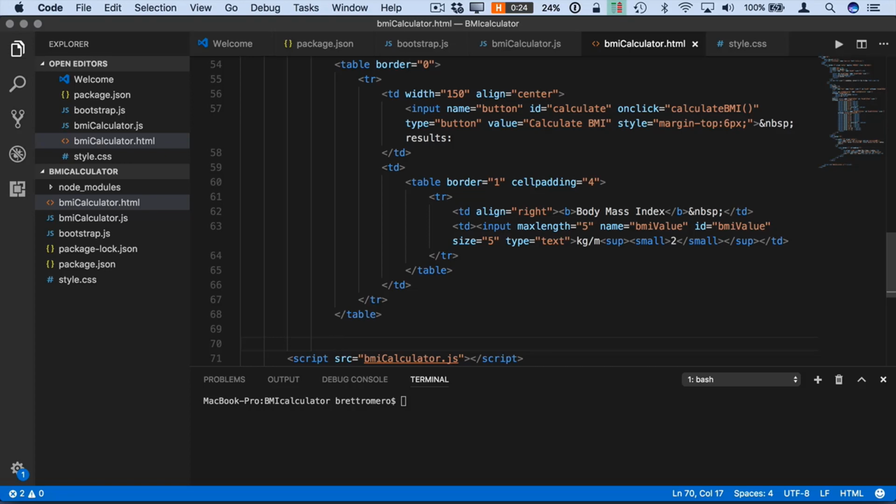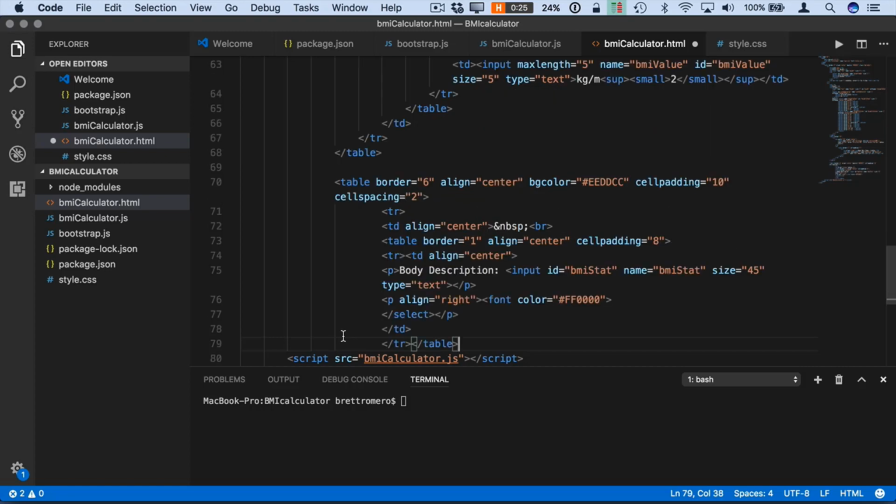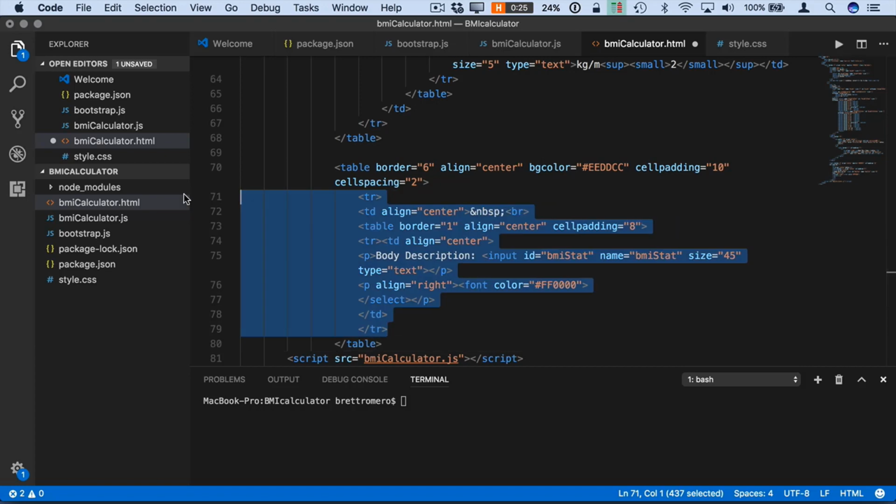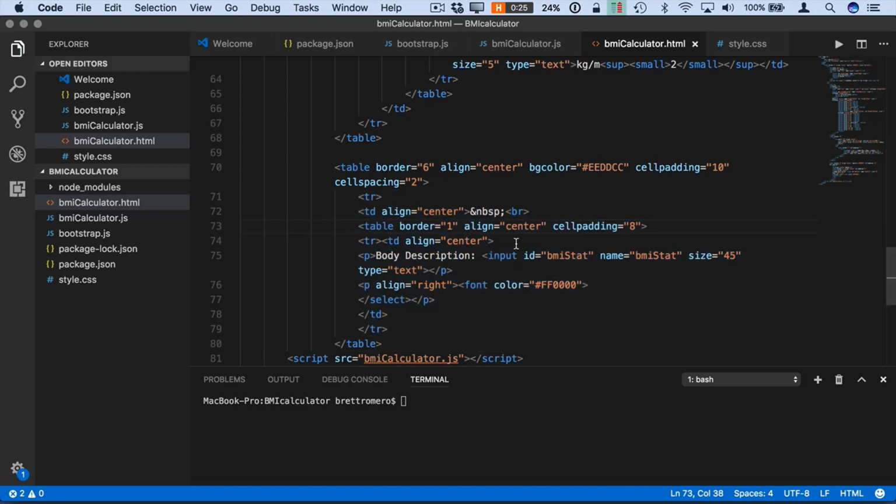And for this one here, I'm just going to go ahead and paste in the code that we're going to be using, because we've seen how these are getting put together, and there's nothing new in this one. All right, so for that table, that's what we're going to have. And let's see, I'll just break that up, move this over a little bit. All right. So this is our final table, and we have our body description. So this is you're healthy or you're overweight, you're underweight, whatever we might be putting is what's going to come